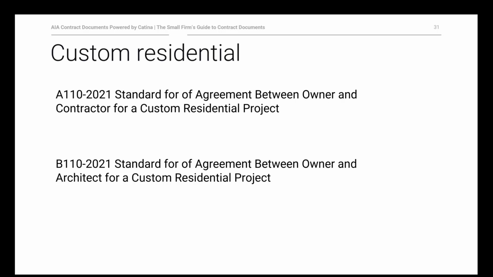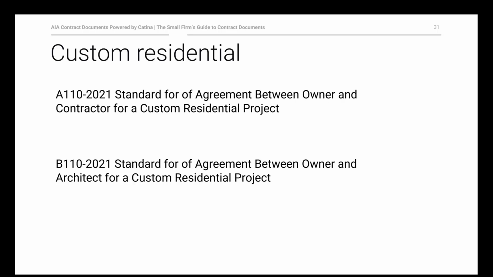I would note that, like the A104, B104, and A105, B105, the A110 and B110 incorporate the general conditions elements that are otherwise found in the A201. The A110 also allows for delivery from the contractor, either in terms of a stipulated sum or under cost plus, with or without a guaranteed maximum price contracting. So again, those are new,